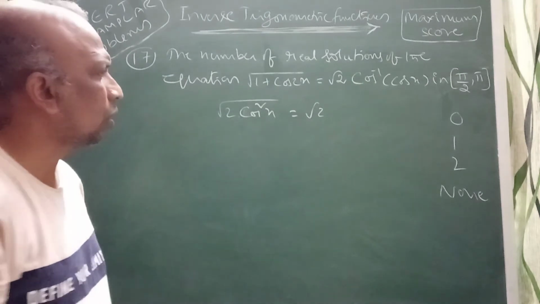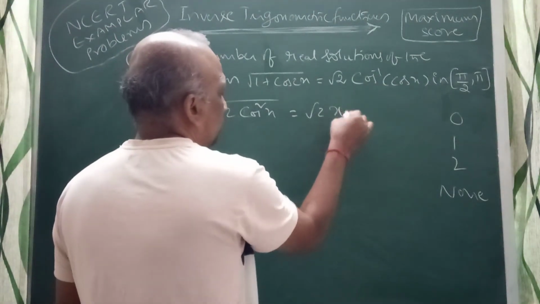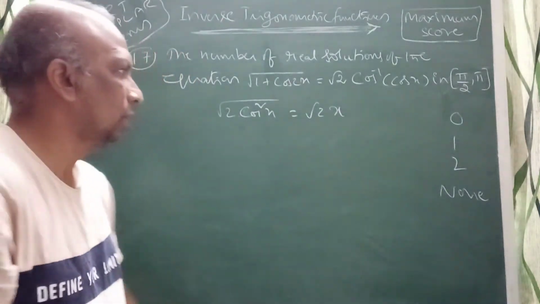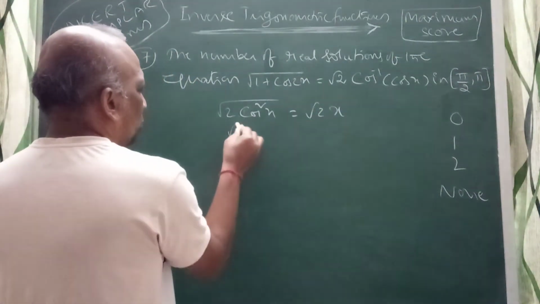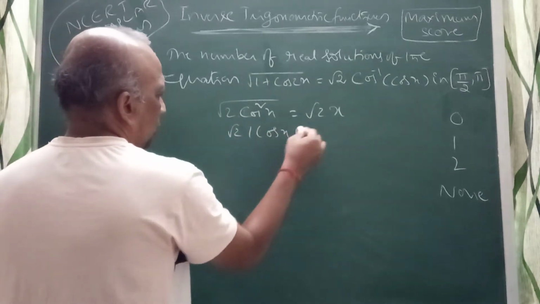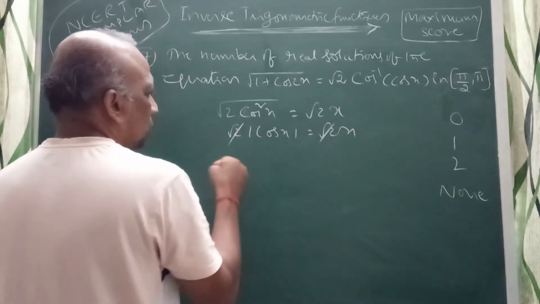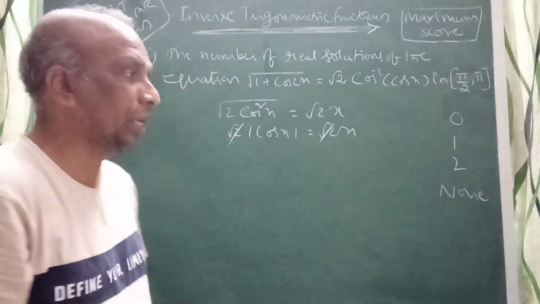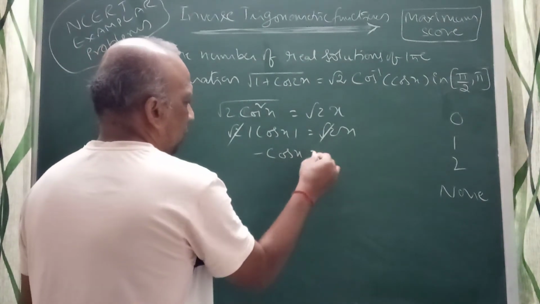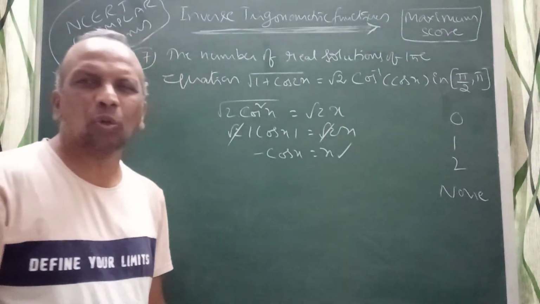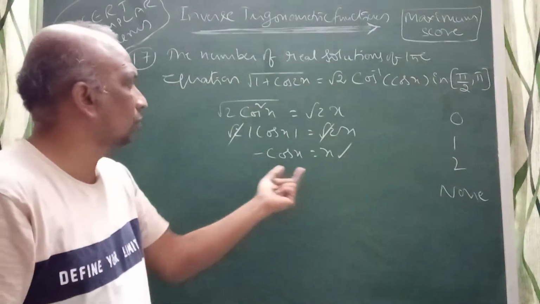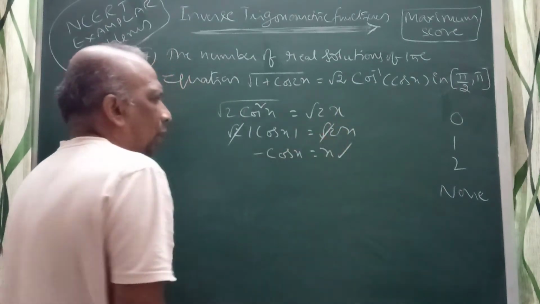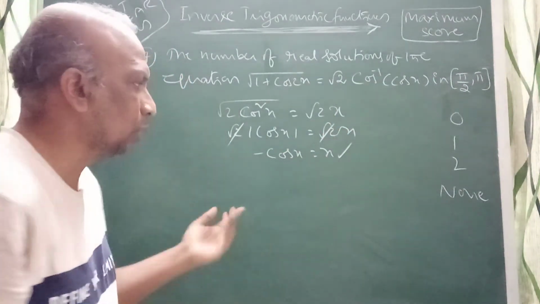In this interval, cos inverse of cos x is equal to x. Because cos inverse of cos x is equal to x between 0 comma pi, it will be x. This one will get root 2 mod cos x equal to root 2 x. Mod cos x is equal to x. But in pi by 2 comma pi, cos x is negative, so you get minus cos x is equal to x, right? Think about the solution of this one to satisfy this. If you take minus cos x, or you take mod cos x is equal to x.